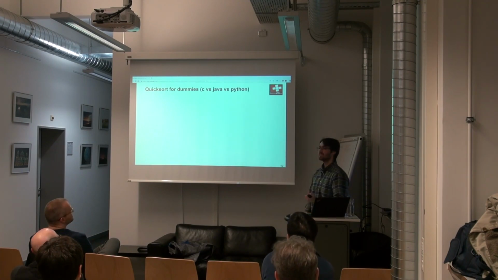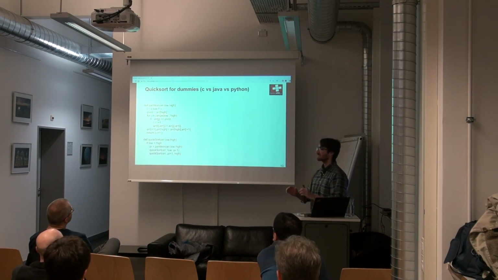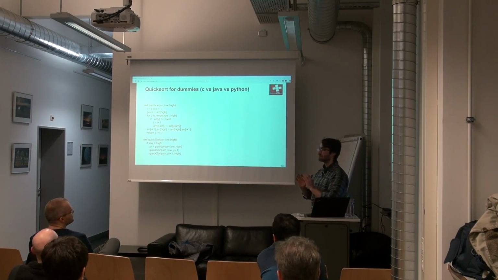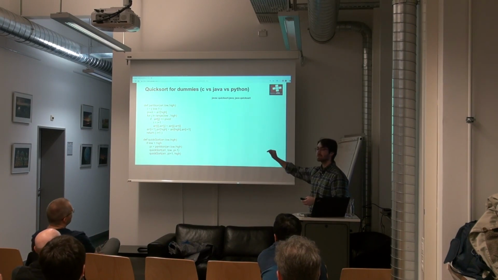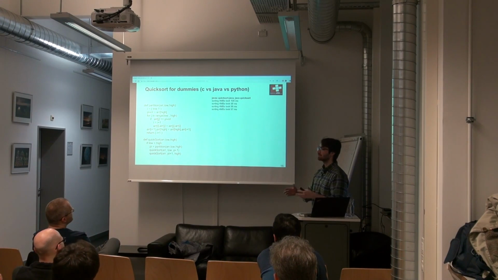Sometimes I get bored with this, and I just put together a very quick example. I grab quicksort, the textbook implementation of quicksort. The point is not to have an optimized quicksort implementation, it's just throwing the most simple version of quicksort at the runtime and seeing what comes out of it in terms of performance. We're going to compare C, Java, and Python. I ran the same code, with small syntactic changes because of the language. I compile the thing, and then I run it, sorting 4 megabytes just to see what happens.